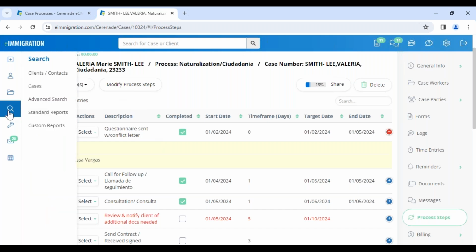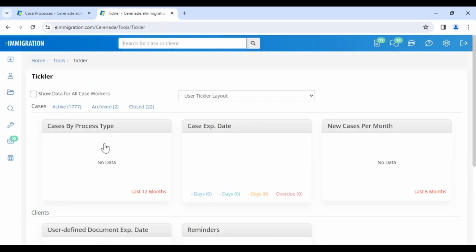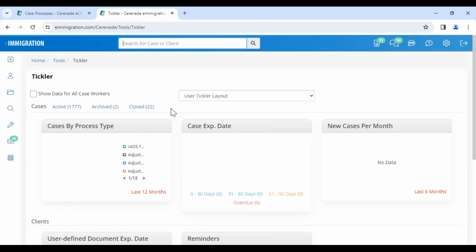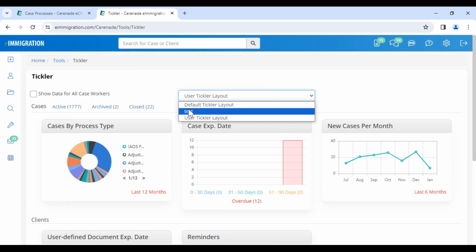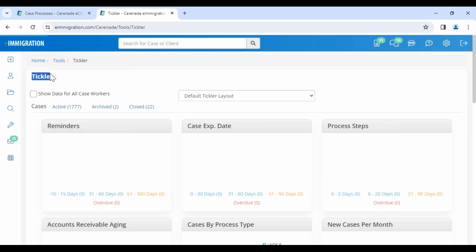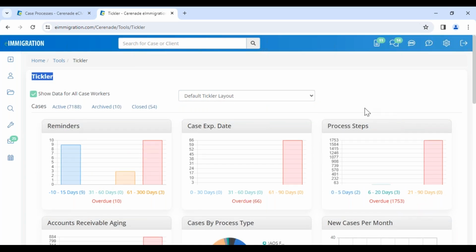Because the other alternative would be for you to access your tickler, but that's something that you would have to do manually. So my advice, if I was a solo practitioner, if I was an attorney supervising a team, then besides the tickler, where I can see the process steps, and again you can see what's overdue, you can show the data for all caseworkers. So what I would do is create a custom report and receive that on a daily or weekly basis automatically